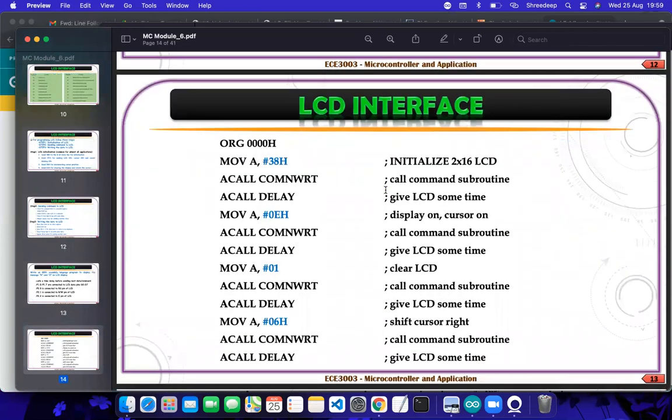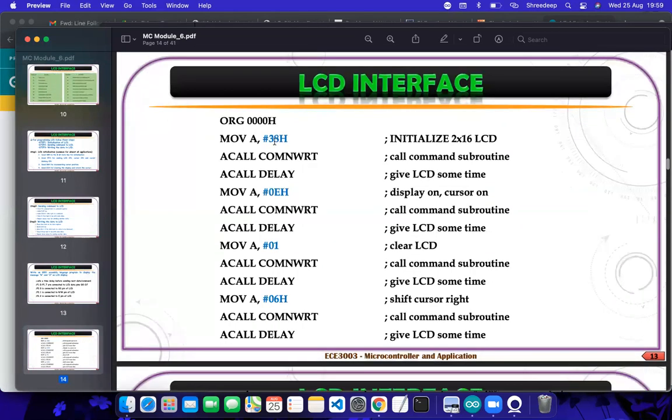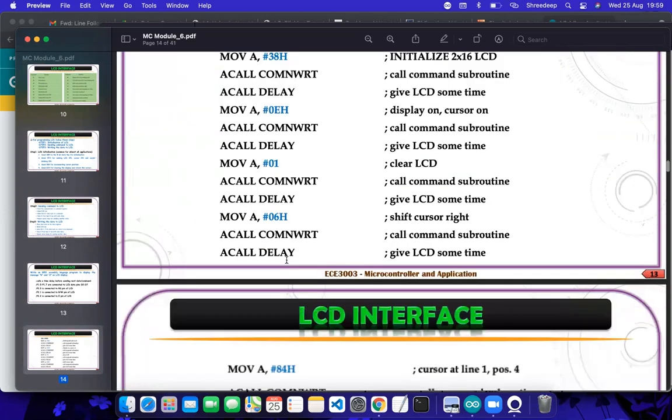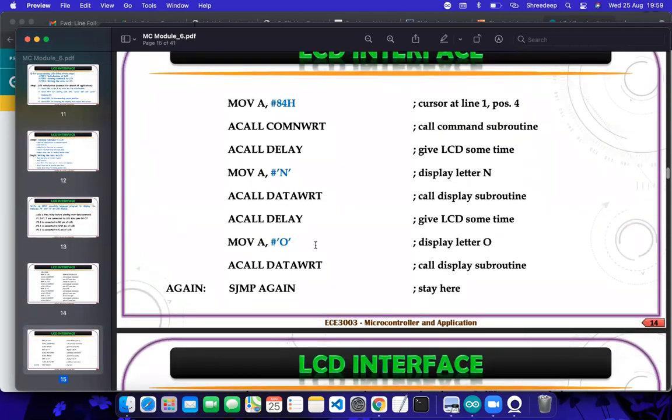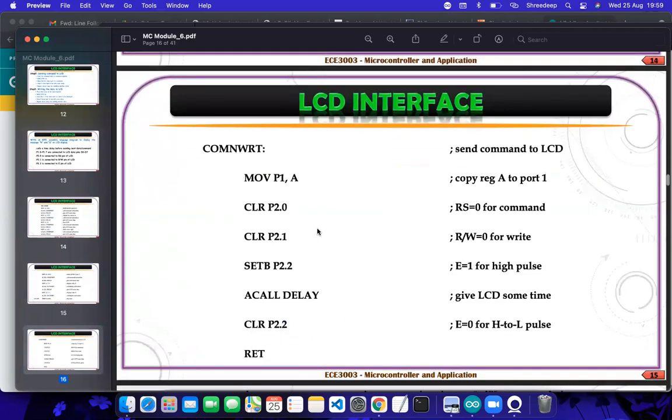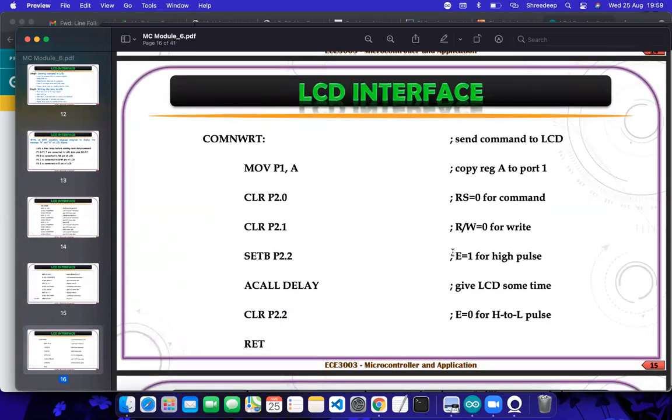One important thing: these are some command signals. We don't need to get into assembly language programming because that is not part of your actual interest. But after sending all such signals, with a certain delay after that, you perform E. How does this system generate E? E is basically the enable signal, which needs to be high for a short amount of time, and then it comes back to low.